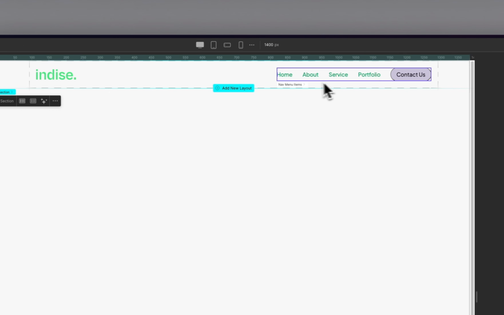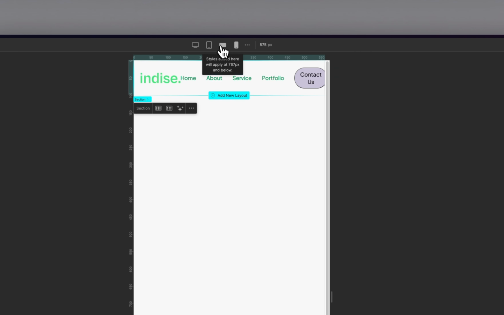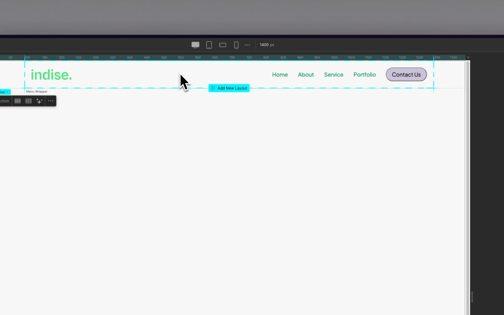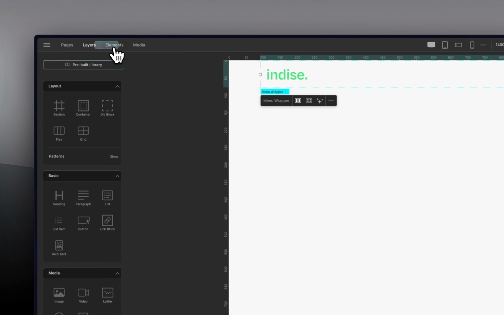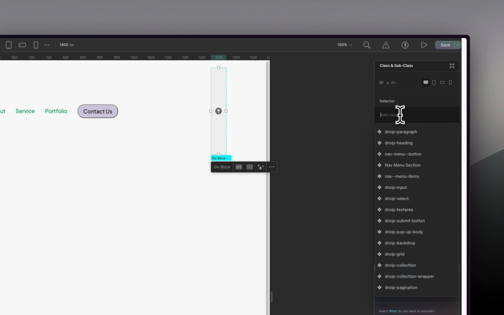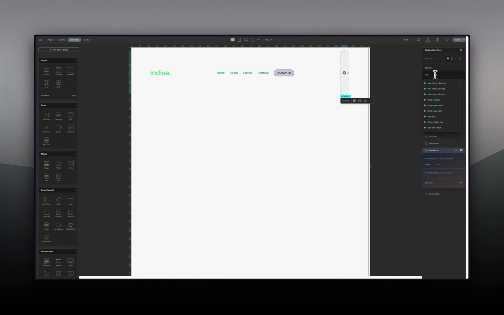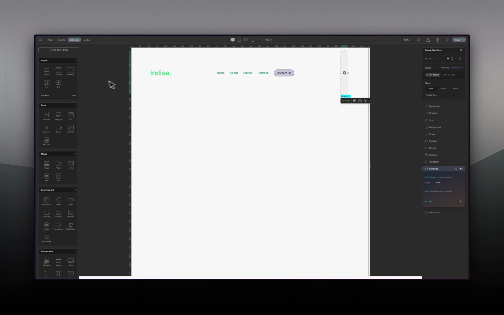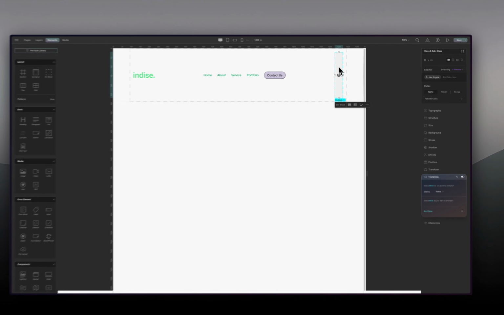The next thing that we want to do is make sure that we do have our toggle thing working. All right, so for the toggle thing, menu wrapper is selected. I'm going to go into element, and I'm going to add a div block. All right, so with this, we can give it like menu or nav bar, nav toggle. Let me copy that, use it for something else. So that is a class that we are adding to that.